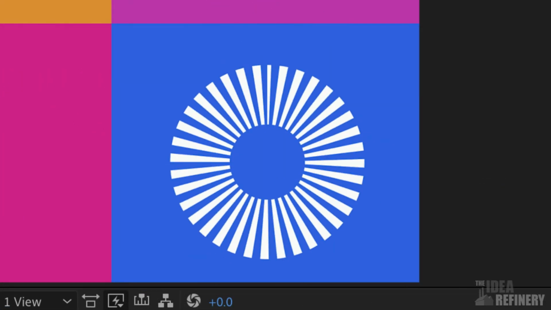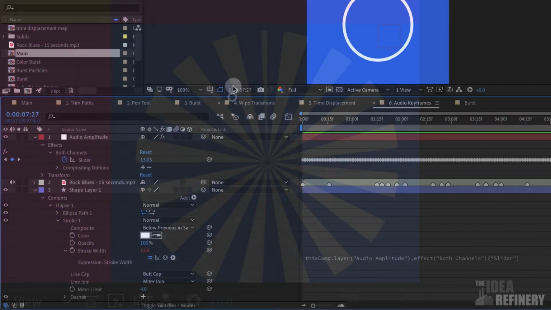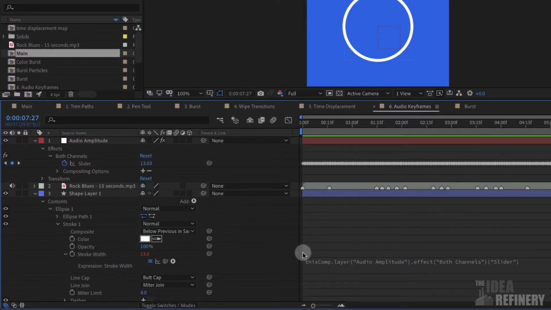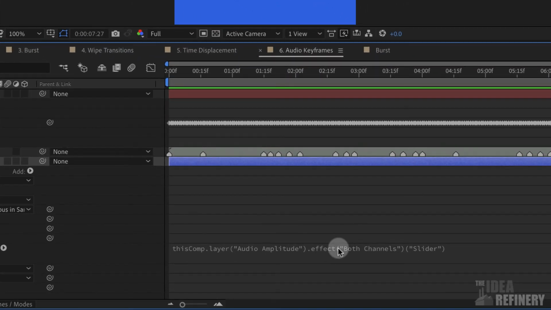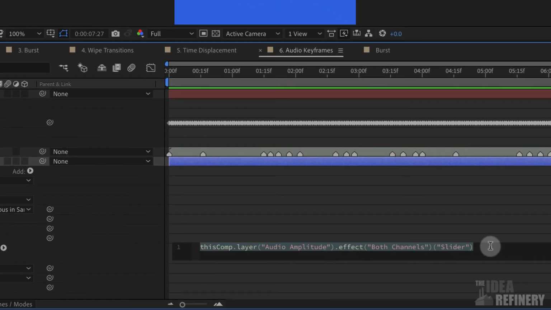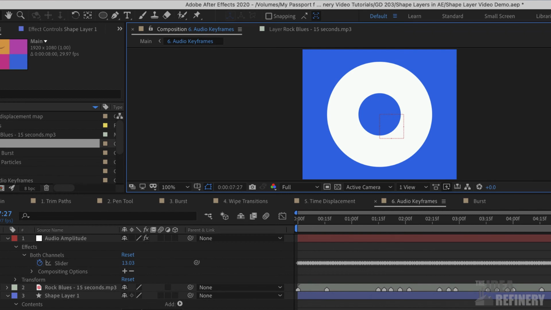Now this is where things get interesting. I'm going to bring that back up so I can see this a bit better. Now that this stroke width property is being driven by the little bit of code that we have here, we can modify that code by clicking with our cursor at the end of this expression and multiplying this property's values by 10. I'm going to press the asterisk for multiply and then type 10. And I'm going to click again once into the composition window. And you can see now